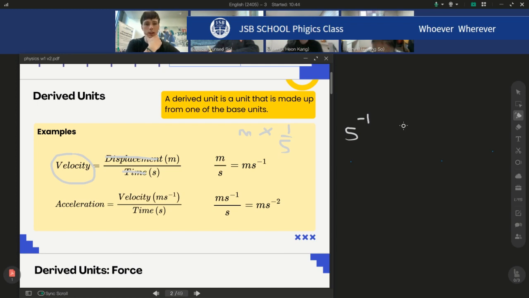We've probably come across the idea that when we have, for example, s squared, that's equal to s times s. We've probably come across that in our maths studies before. But actually, s to the power of -1